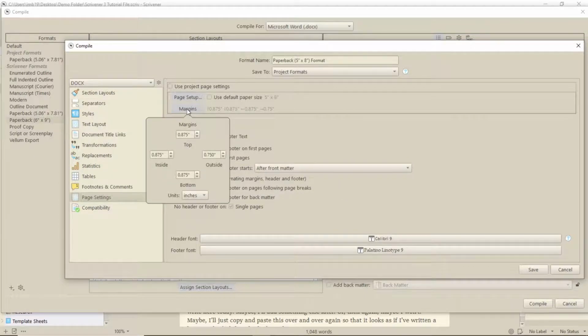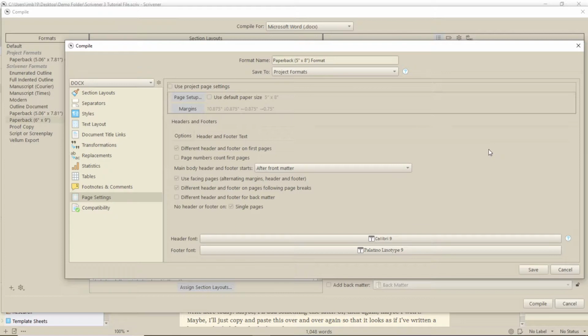This shows you all the inside and outside top and bottom margin settings. Check these against the Amazon chart or the KDP template and adjust as required. The Scrivener templates seem to be set to a maximum that will fit all book lengths, which the KDP templates must be too, or they wouldn't work. So you might want to reduce them for a smaller book. But bear in mind, this may make your pages look too wordy and be off-putting to a reader.